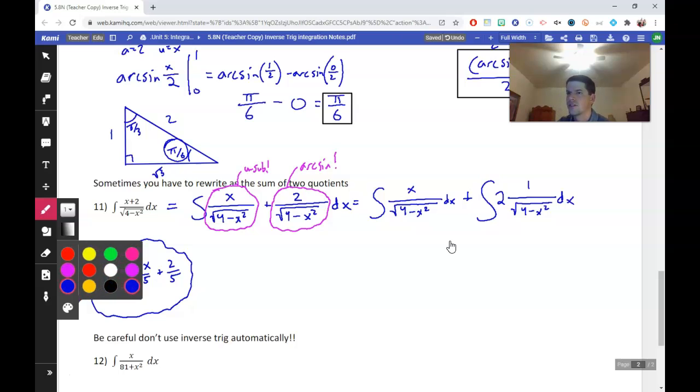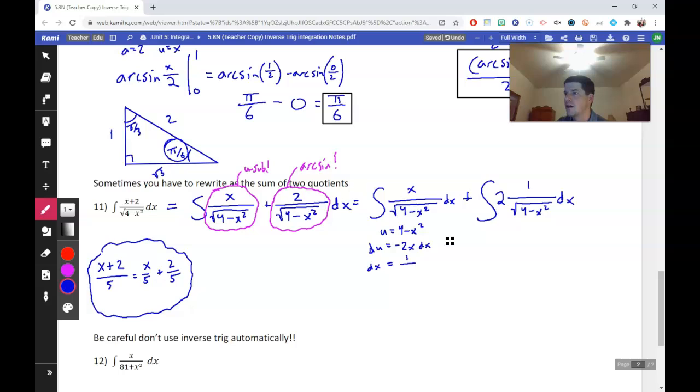Let's tackle this one first. So I'm thinking u is going to be 4 minus x squared, du is negative 2x dx. So dx is negative 1 over 2x du. So let's substitute that out. So we get the integral of x over, notice I'm only doing this side. We can't do u substitution over there. It wouldn't work. Square root of u,